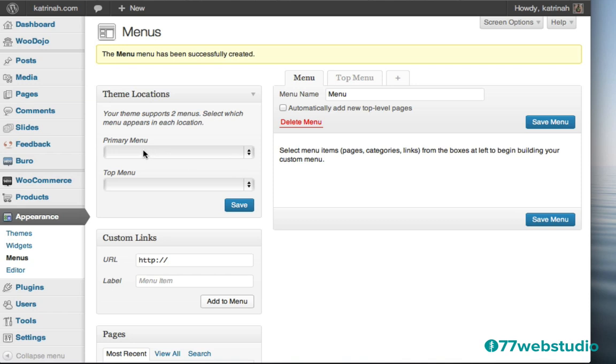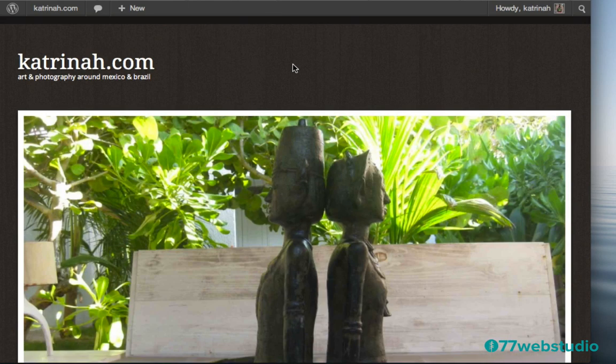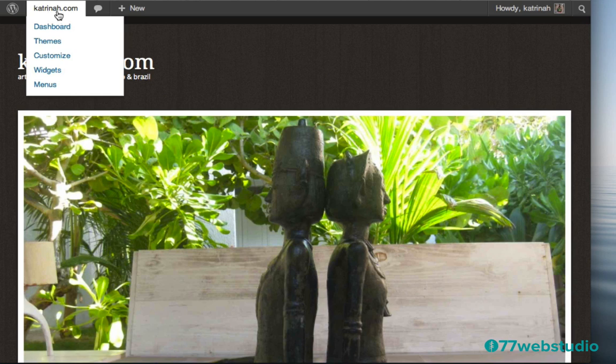But in order to make this work, I actually do have to select a location here for the primary menu. So I'm going to click on this box here, and I'm going to call this menu. And then for the top menu, I'm going to call this top menu, and then I'm going to click on save. So now when I go to the home page by clicking on visit site, you can see the menu has been removed, namely because we've created the menus but we haven't added any pages to the menus.